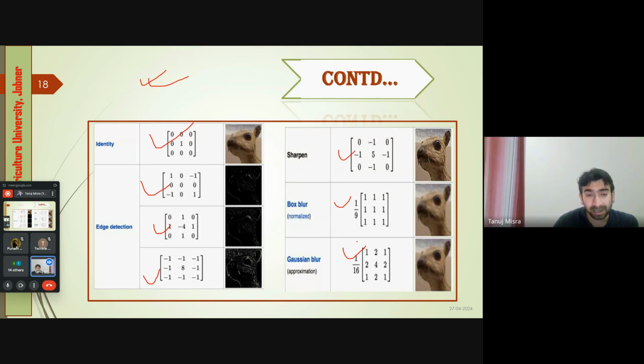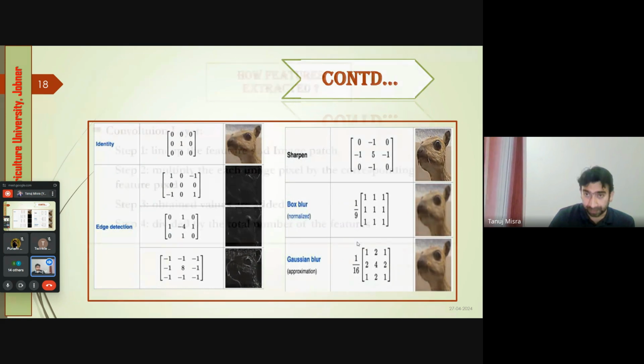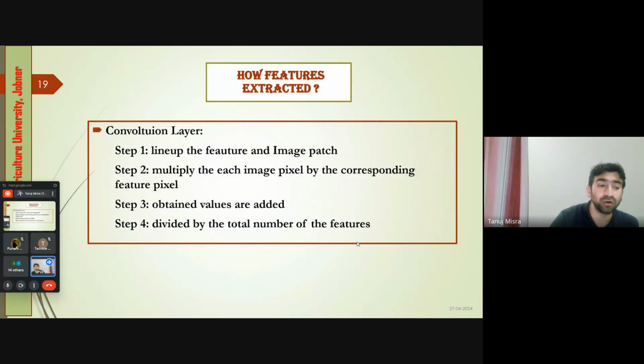So what happened? These windows are scanned. By using these windows, they scan the whole images and then extract the actual features. I have already told that whether it is deep learning or machine learning, it depends on its learning strategy, the learning procedure; it depends on the features, how we extract the features. Okay. So next, how are these features extracted?